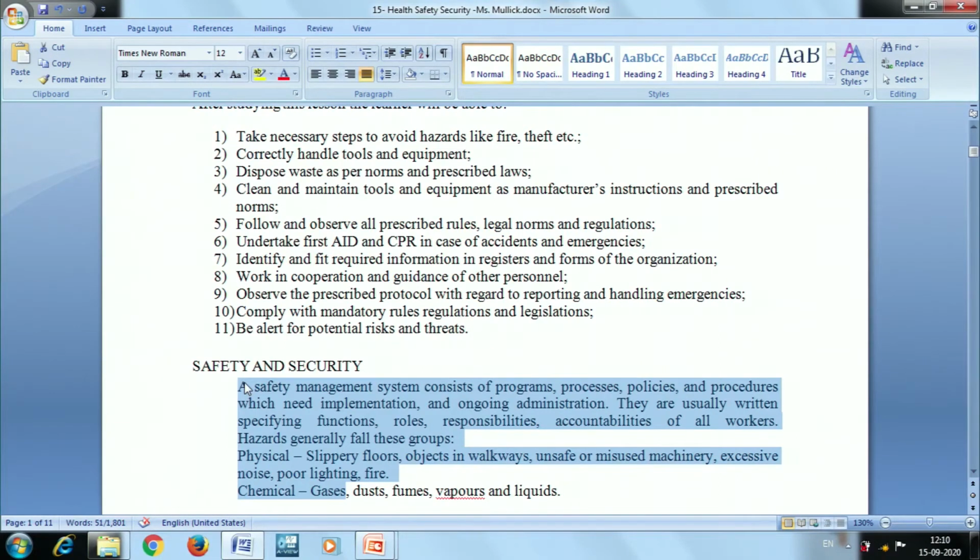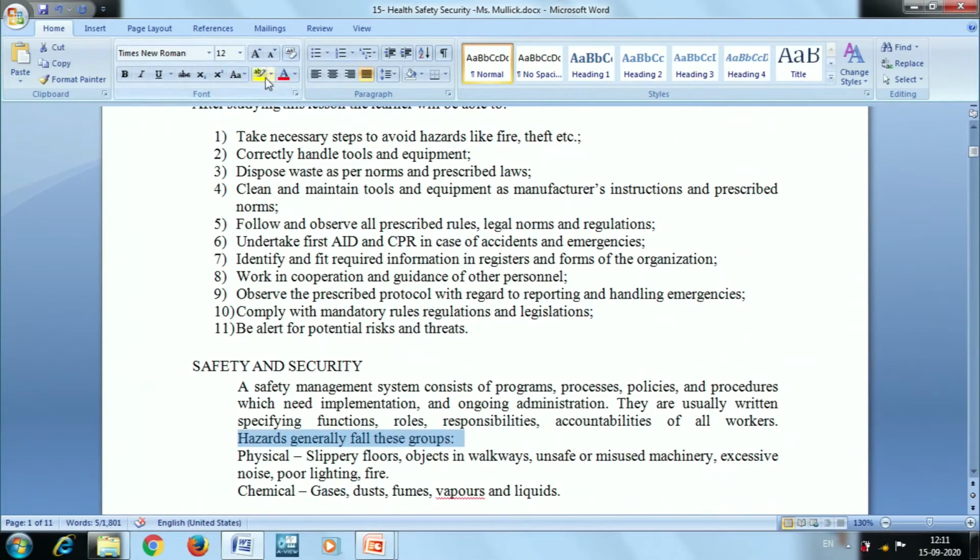So in the same way, when you want to do the formatting in your document, you can do it. Suppose I want to highlight this portion of the text, especially this heading. I can give the highlight option. There are different colors available. So I am choosing this green color, and the content will be highlighted in green.